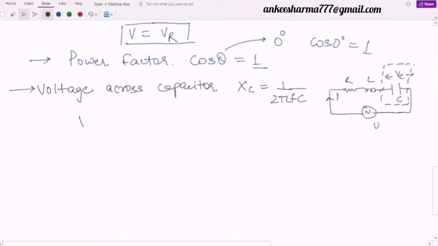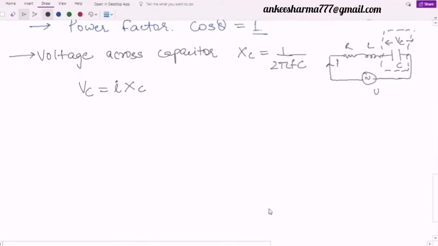So if I talk about this voltage across capacitor, which is VC, can I write it is equal to I, that is the current flowing through it, into the impedance XC, right? And XC is nothing but 1 by 2 pi FC. So I'm going to take here a few cases of the frequency, and I will find the value of the voltage at that point, right? So I will draw a graph here between the frequency and the voltage. First I will start from 0 frequency, F equal to 0. This is that point. Let this be the voltage VC.